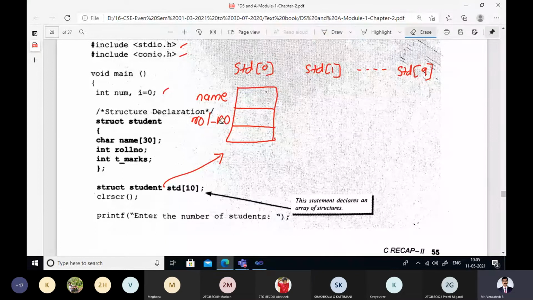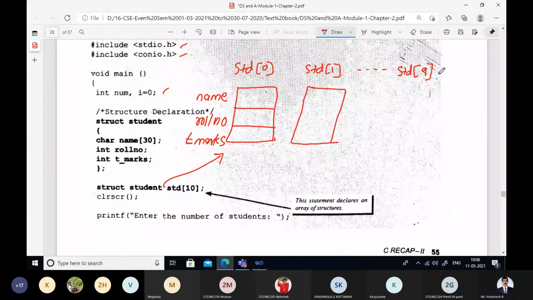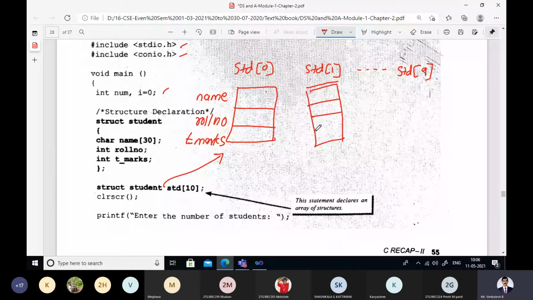Similarly, the second structure variable, this is array of structure variables. Second structure variable with 3 members, so on up to the last structure variable.